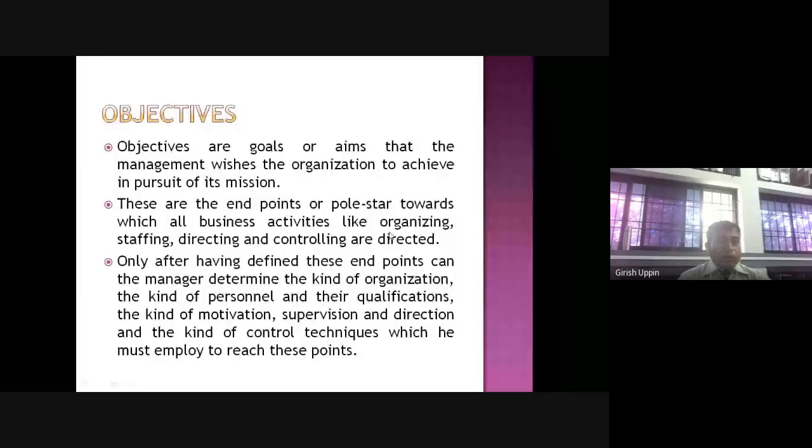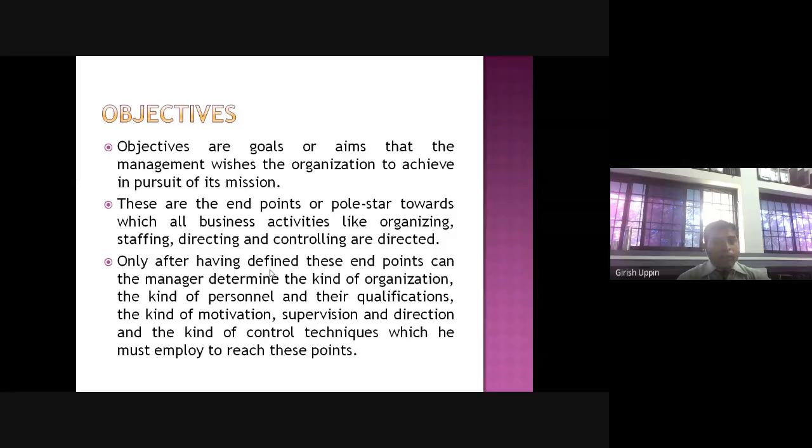Only after having defined these endpoints can the manager determine the kind of organization, the kind of personnel, and their qualifications, and kind of motivations, supervision, and direction, and the kind of control techniques which he must employ to reach these points. So once we have the objectives defined very clearly, then only the manager will be able to move